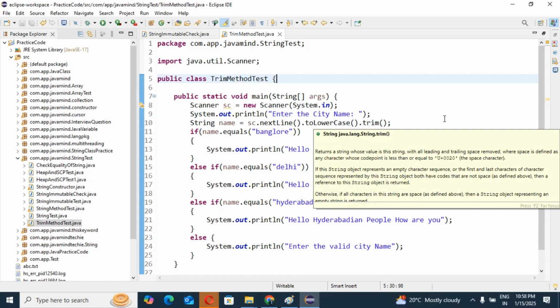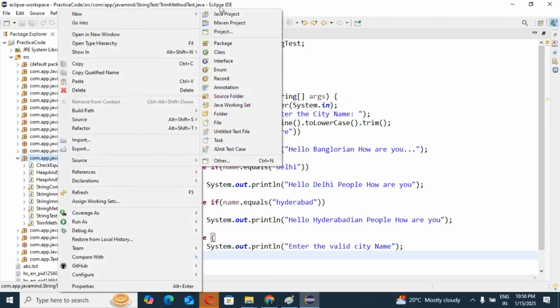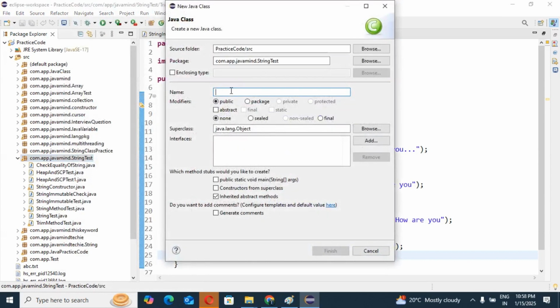Suppose, guys, I will create one small example: trim method check.